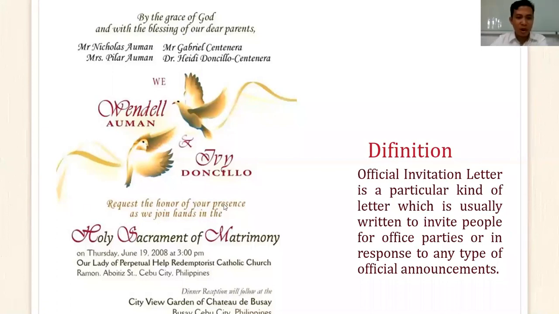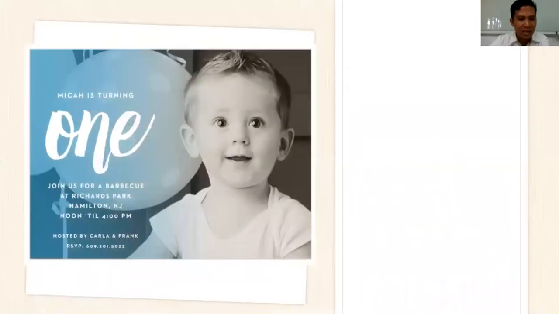This is another, different way of inviting people. He said, request the honor of your presence. This is very good. Request the honor of your presence as we join hands in the holy sacrament of matrimony. So it's a bit different compared to the previous one. The previous one, in a wedding or birthday, they just say join us in our barbecue, join us. And then in the wedding he said